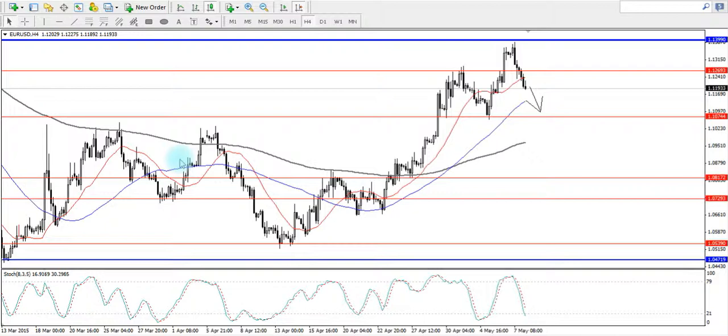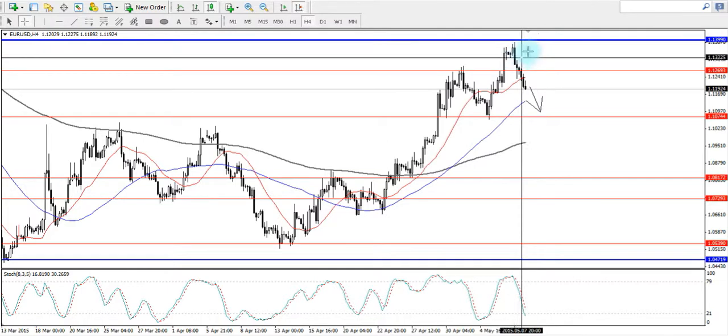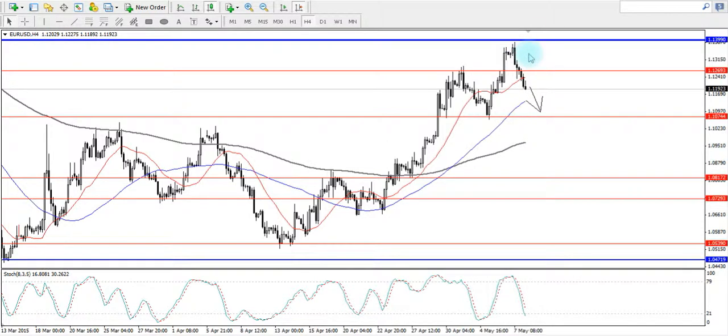Today is Friday, 8th of May, and we're going to start off with the euro against the US dollar. Alright, so this is the 4-hour rate chart. As you can see, price almost reaches the final exhaustion level at the price of 1.1400, and then